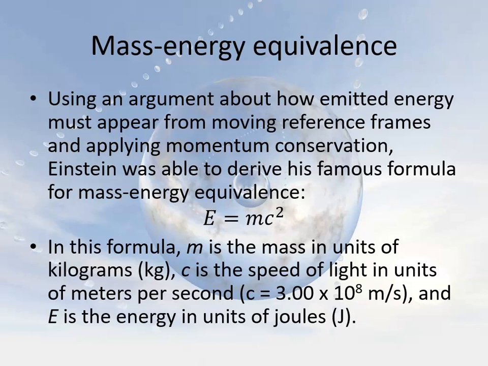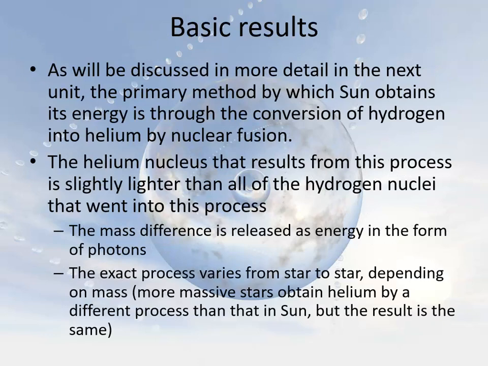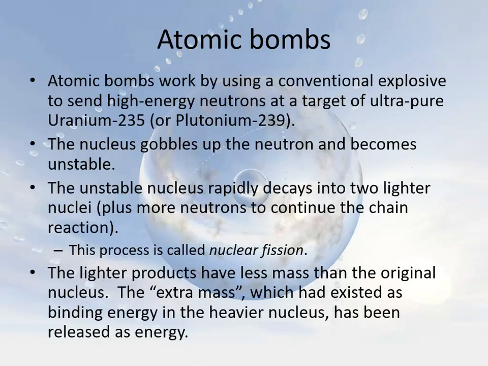So if I take half a kilogram of matter and collide it with half a kilogram of antimatter, that will be an annihilation of 1 kilogram of mass into energy. And that would be a lot of energy because the speed of light is very, very big. So in the case of that 1 kilogram, you're dealing with E equals mc squared, so 1 kilogram times c squared. Well, the speed of light is 3 times 10 to the 8 meters per second, so you square that and you get 9 times 10 to the 16 meters squared per second squared. Multiply that by 1 kilogram, and you're going to get 9 times 10 to the 16 joules.